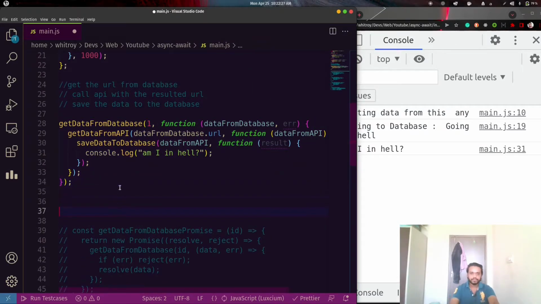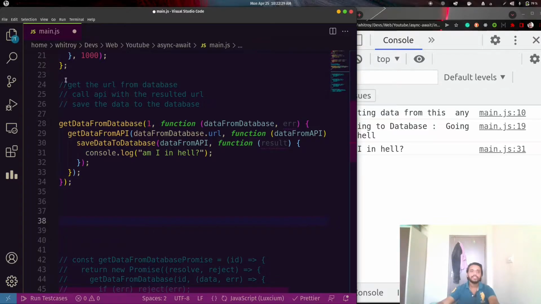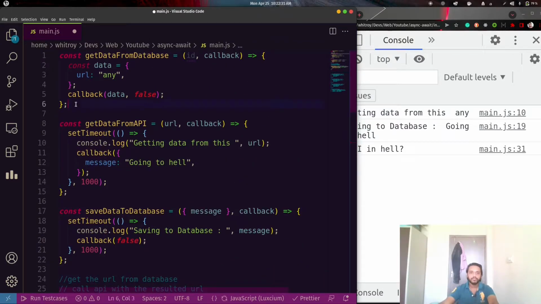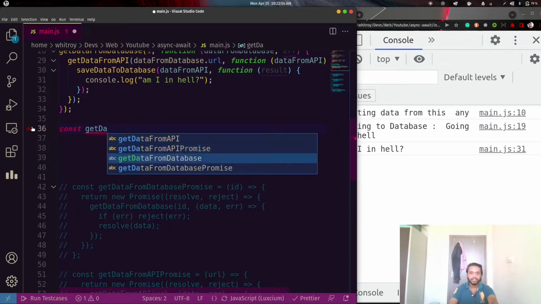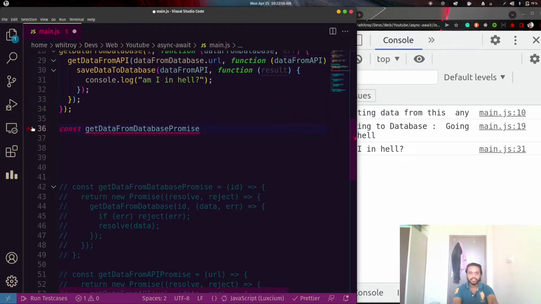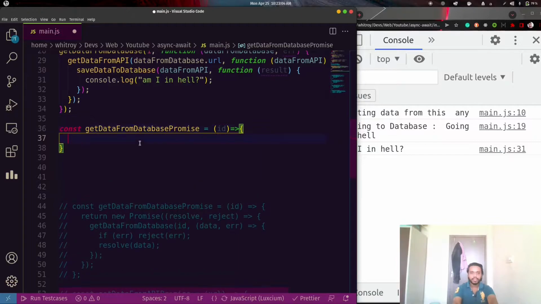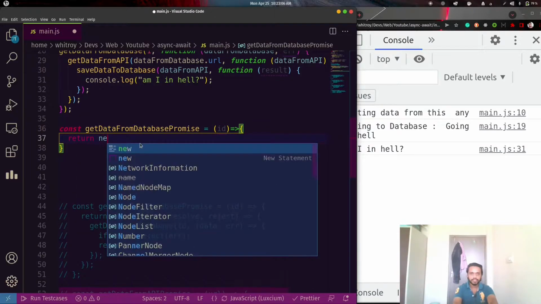Let's first try to convert this function into promises. I am making a function getDataFromDatabasePromises which takes an ID and returns a promise.